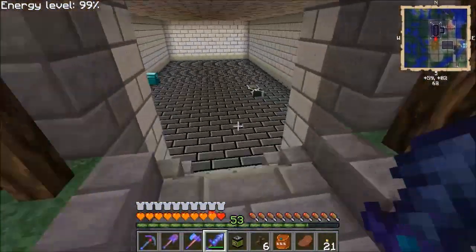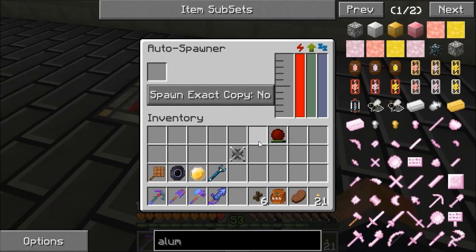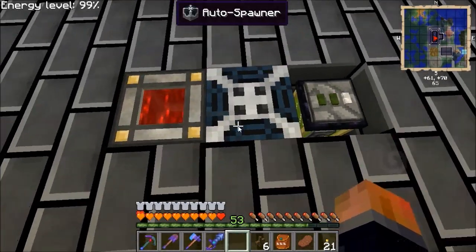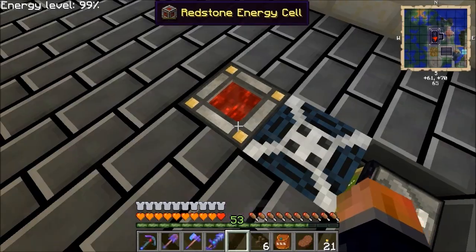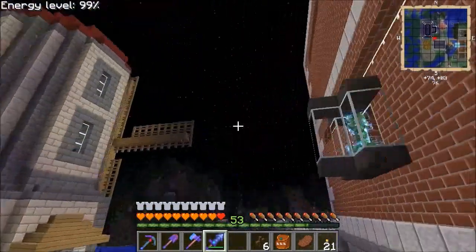Like I say, I am going to make that automated at some point. So that can go there. We'll set that to fill up that. So that's got power and it's got mob essence. It just needs a mob in there. What we can do is,